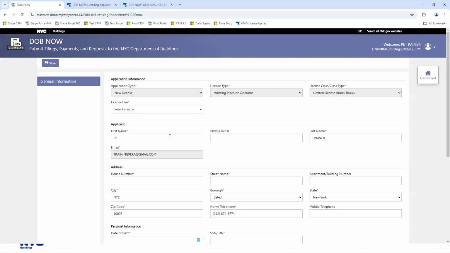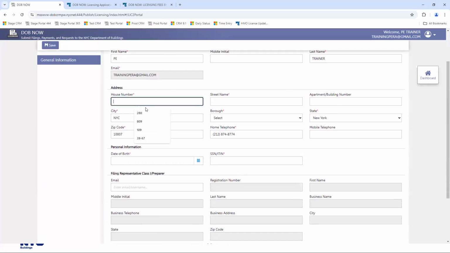And in here, we get the information that is automated. So I need to enter some information. In this case, I need to enter my license use, whether you're an individual or sole proprietor, whether this is on behalf of a corporation or a partnership or a city agency.